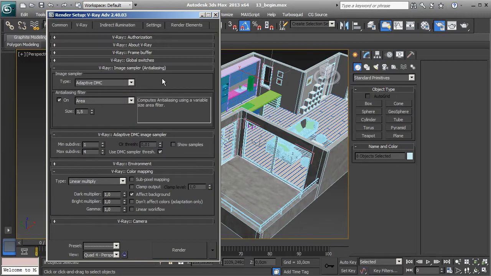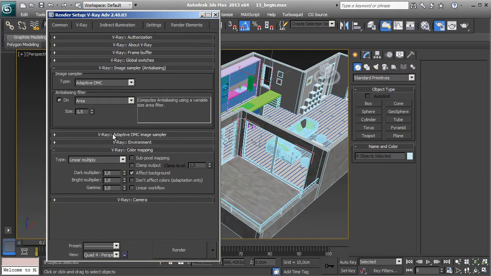Okay, for V-Ray image sampler we will use adaptive DMC with area filter. Adaptive DMC image sampler settings, for now leave them default. V-Ray color mapping, I will use Reinhardt with burn value of 0.1. Usually I use burn value 0.2 or 0.1 or 0.05. Now let's stick with 0.1. Make gamma 2.2,